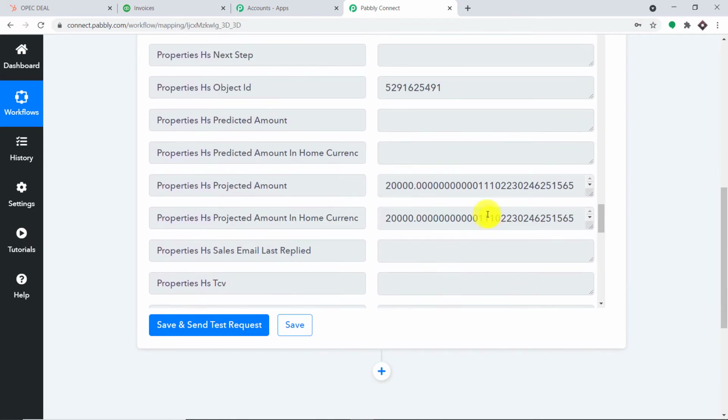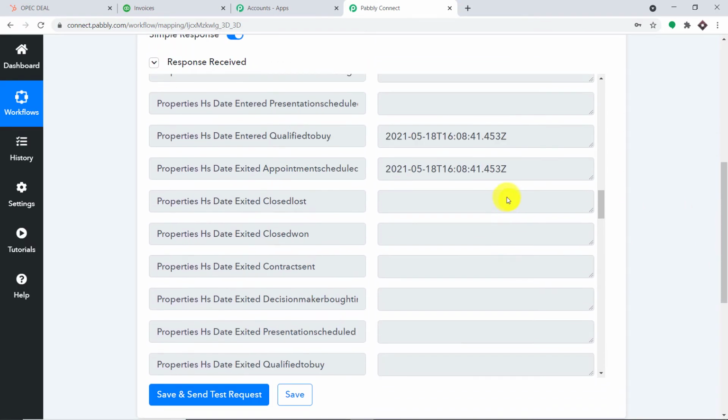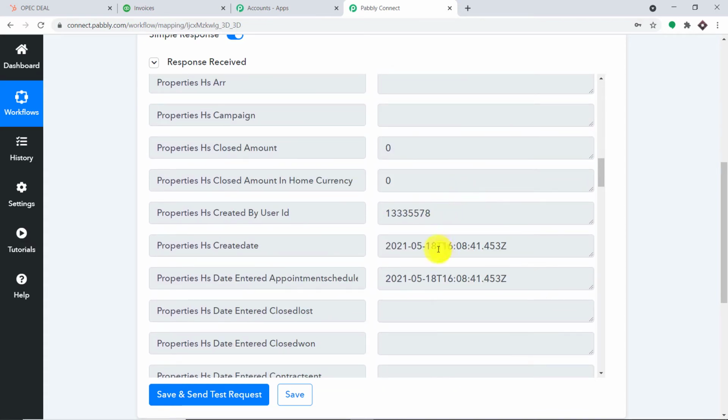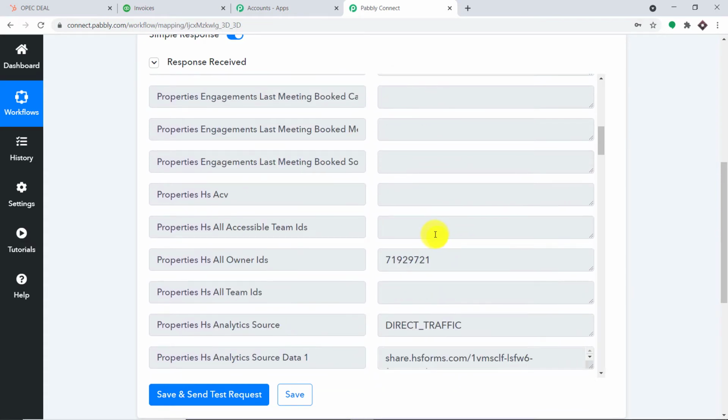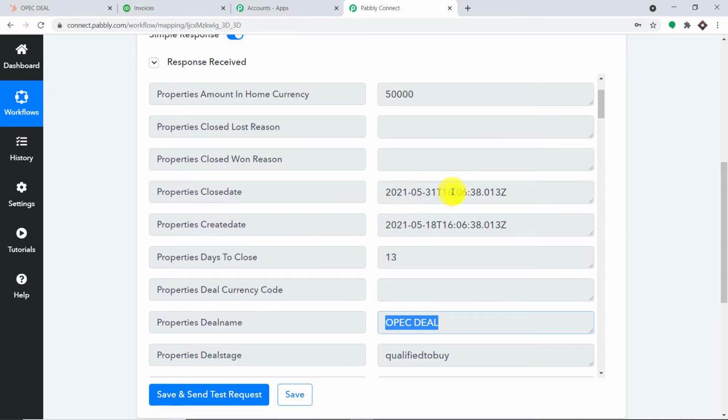So where is our due date? Let's explore. We have the create date, and then we have the close date. Yes, this is the close date or the due date, that is 31st of May 2021.